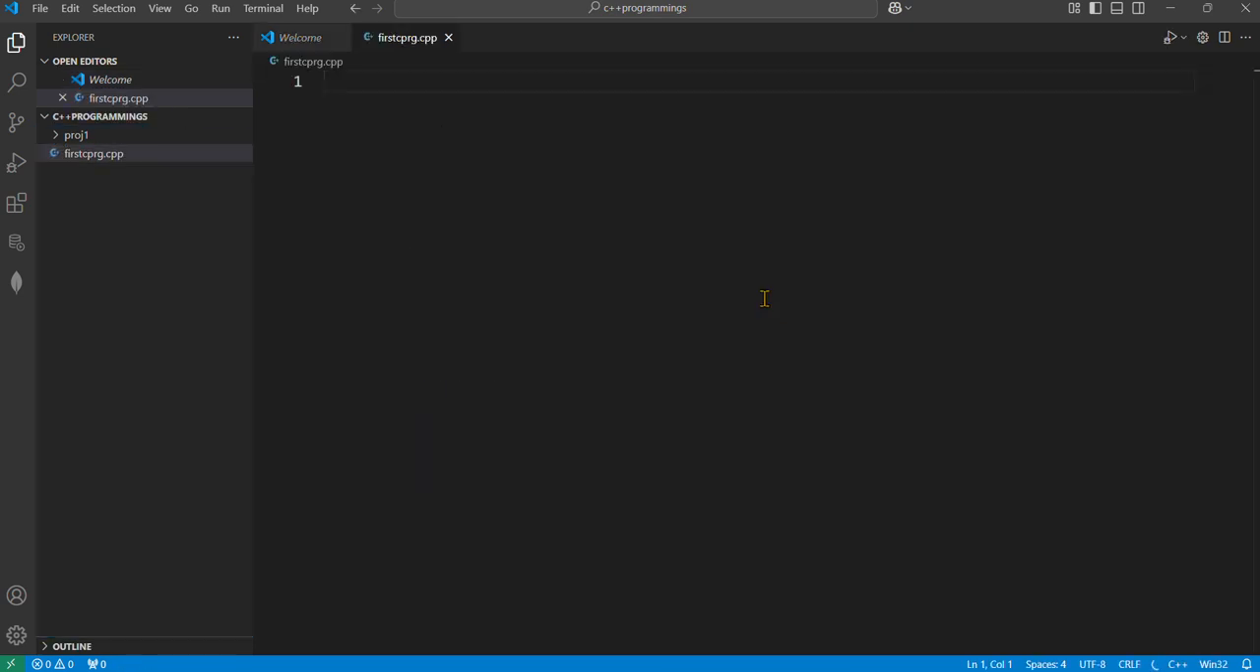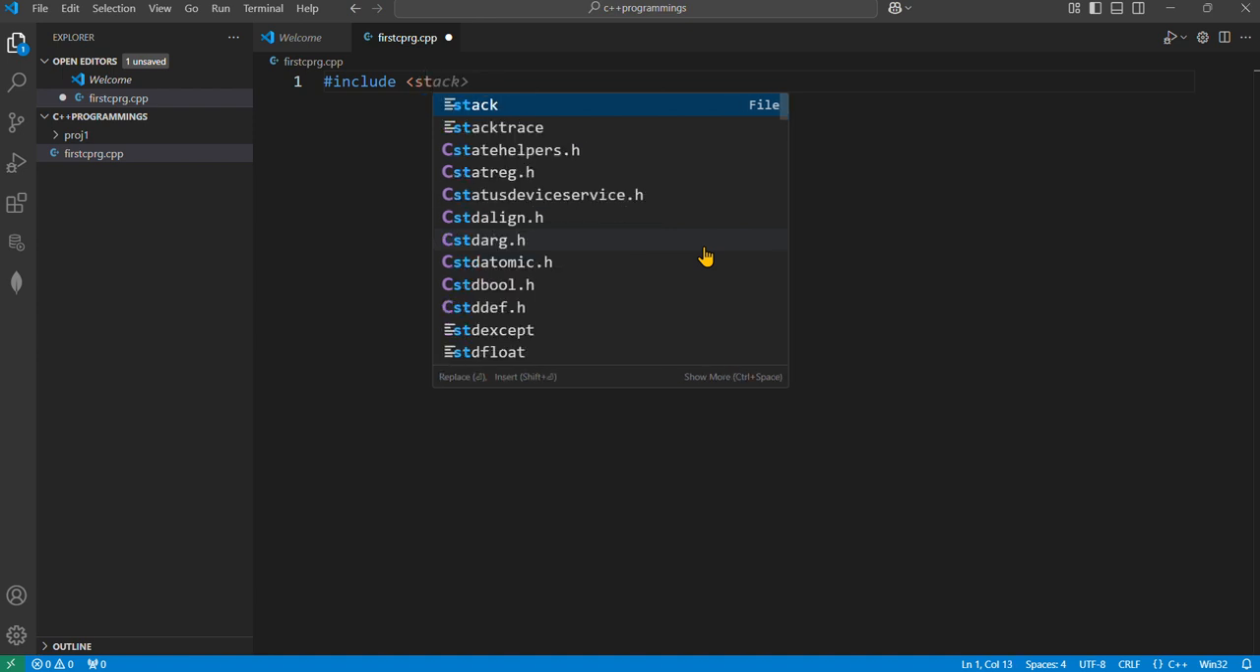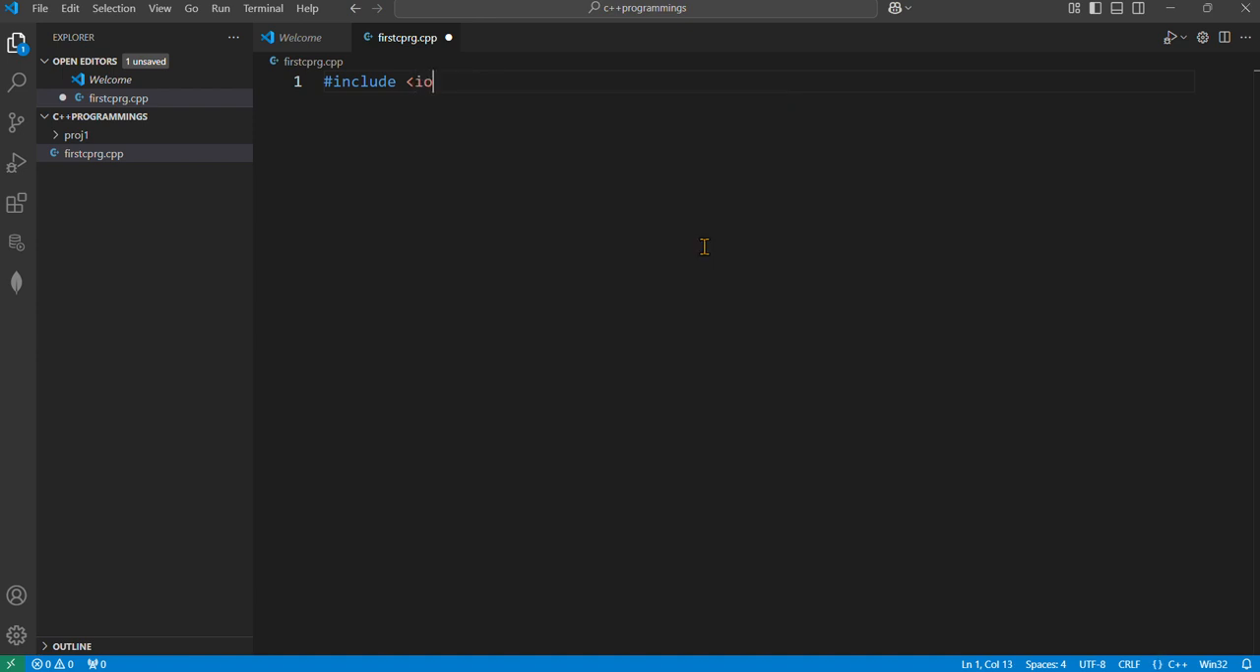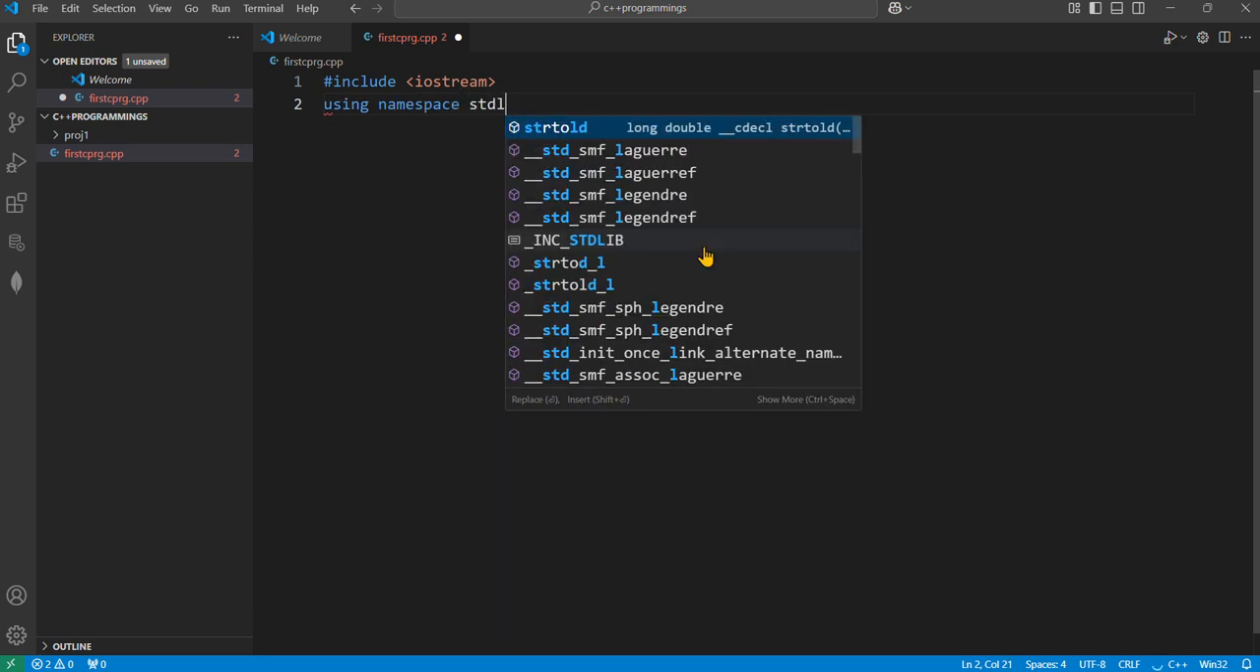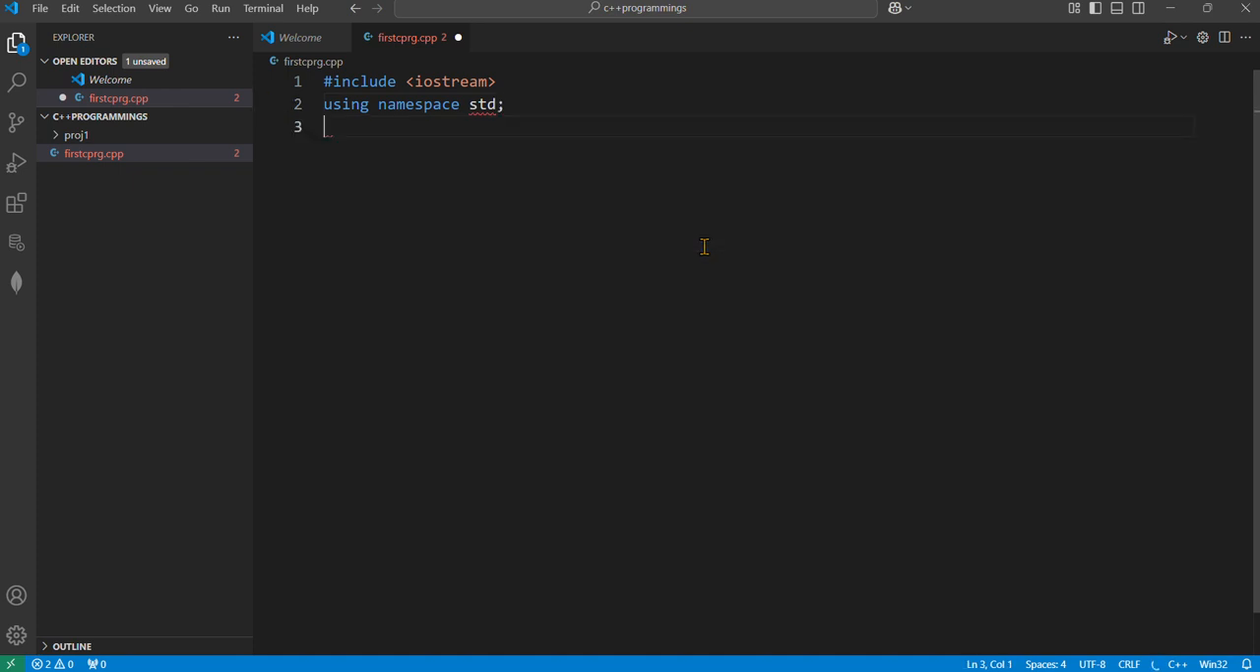Click on that, and then you will see this text editor. Now here I have to type hash include stdio, no, iostream, and then using namespace std, int main,